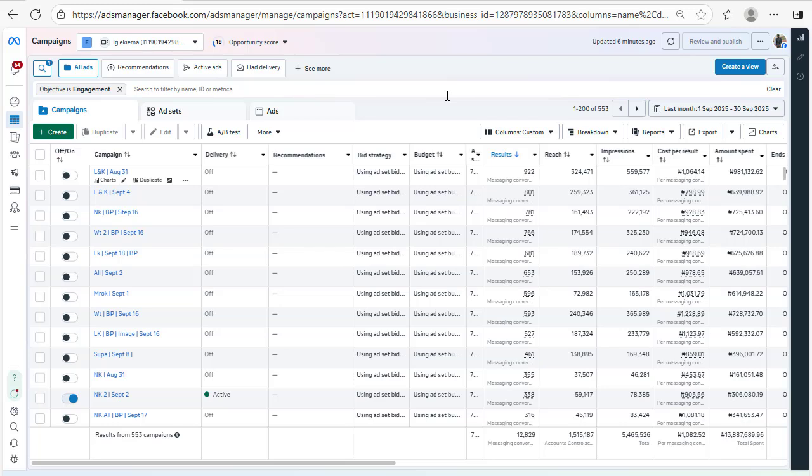Now the thing about it is most times when people DM them, instead of just buying one product, they are buying multiples of products. So you are not just selling to people per DM, you are selling on various conversions of your product. And if you look at the cost per conversion of the various angles, even if the overall looks like 1,000 plus, when we break it down, you can see that it varies. There are some under 800, some under 900, and some over 1,000 naira. But if you look at the overall result, the cost is still 1,000 plus.